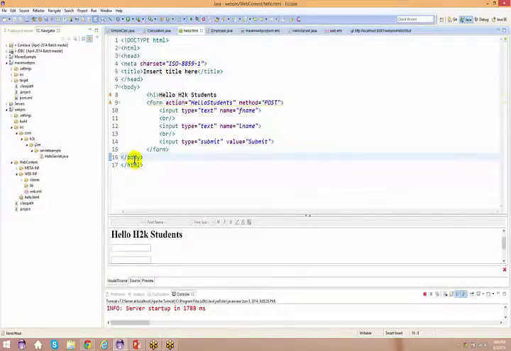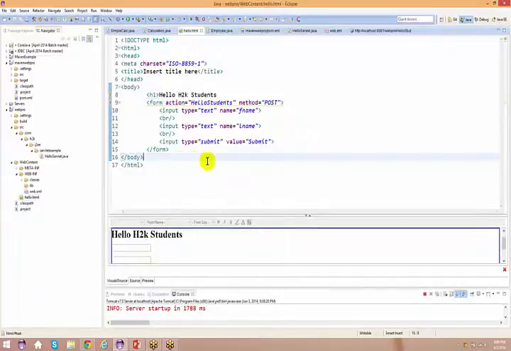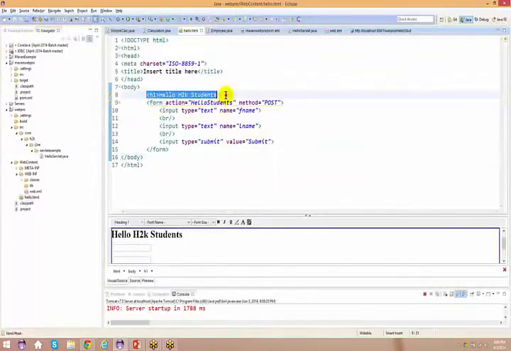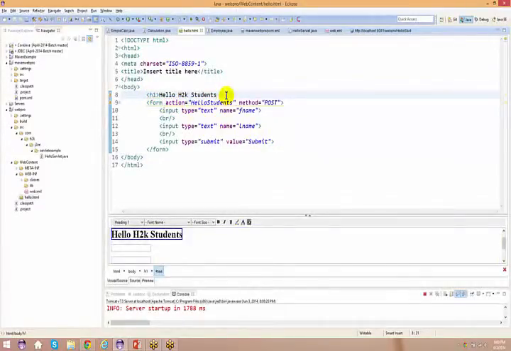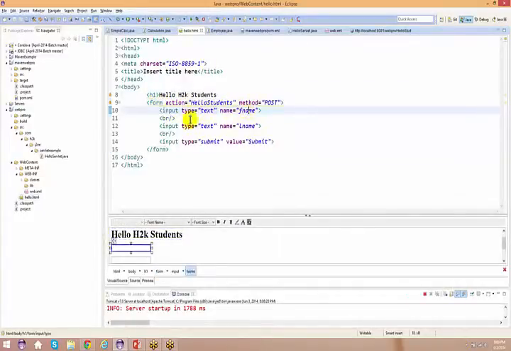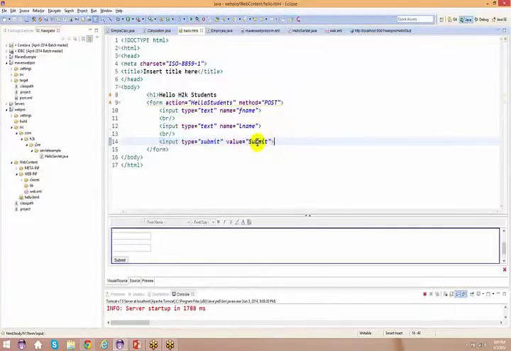Probably I'll be doing it from now because till date we were just talking about the basics. Okay, all right, so here if you see I've got hello H2K students. That's what you get from here. This is also not required for me. Okay, just leave it. So I've got a form out here, and you just say input type equal to text, name equal to first name, input type equal to text, name equal to last name, and input type equal to submit. So this is a button which basically comes up whenever you use submit.